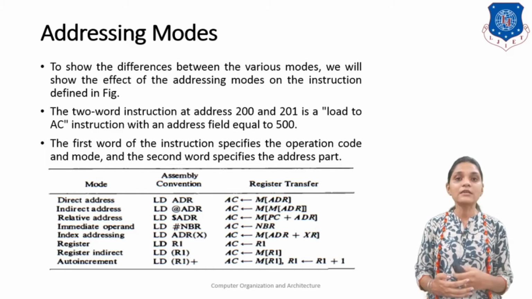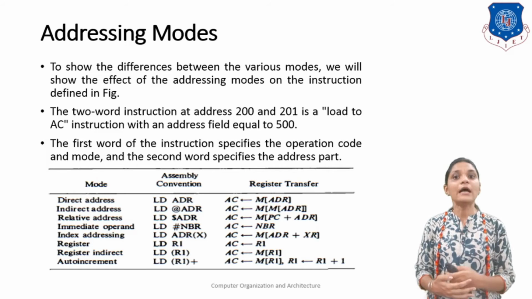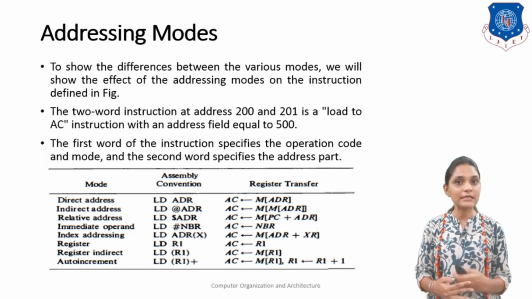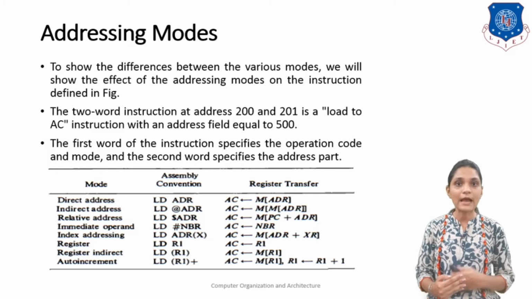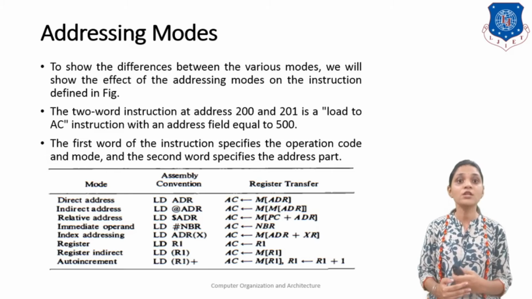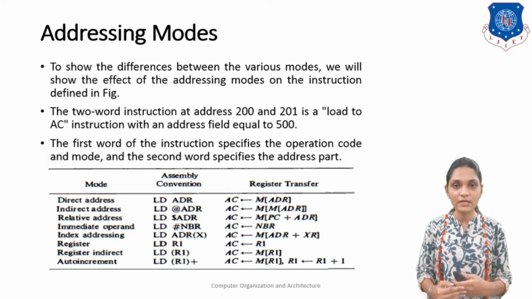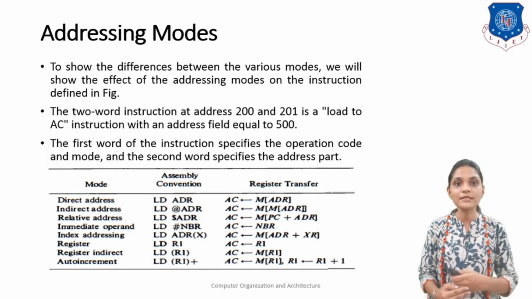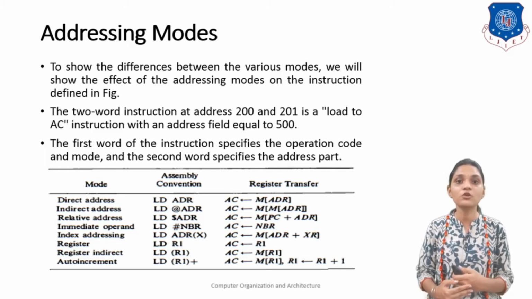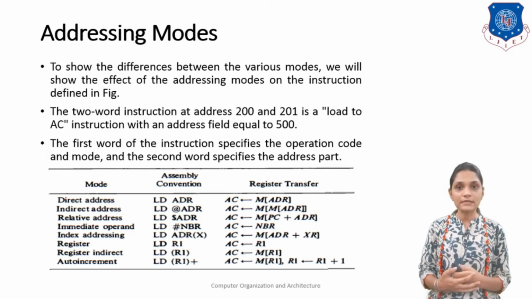In this instruction, the memory location ADR's content is going to be stored into the accumulator. If you want to represent this instruction in indirect addressing mode, then we have to use the @ sign. So our instruction will be like LD @ADR. In this instruction, your ADR location contains your actual address. So the location ADR is accessed, and then the content of ADR is used to access memory a second time, and then this content is going to be stored into the accumulator.